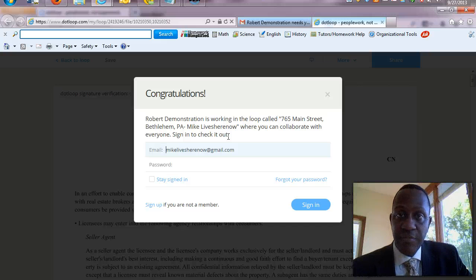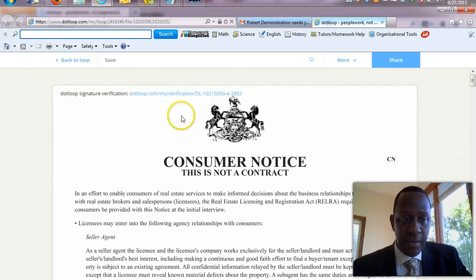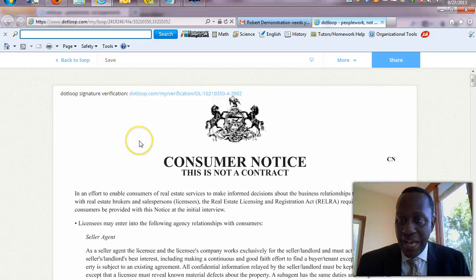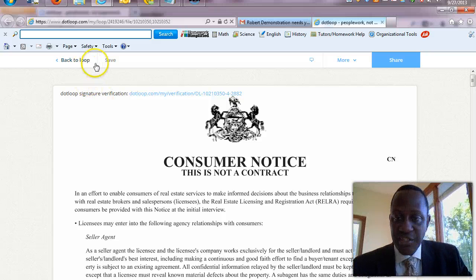He can just leave this screen now, and these documents have been sent back to his listing agent, who's Robert Demonstration, right? Go ahead and click on close there, and he can get out of this. He can go back to loop. So he is kind of in the loop now, but he can actually get out of this altogether by closing this right here,